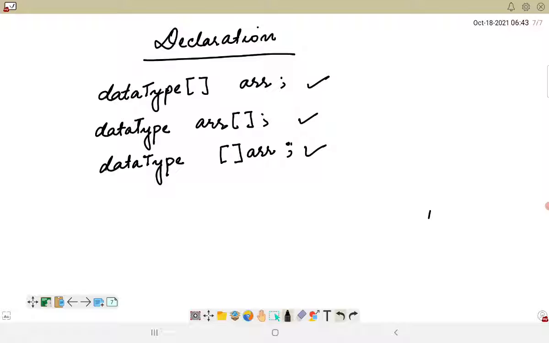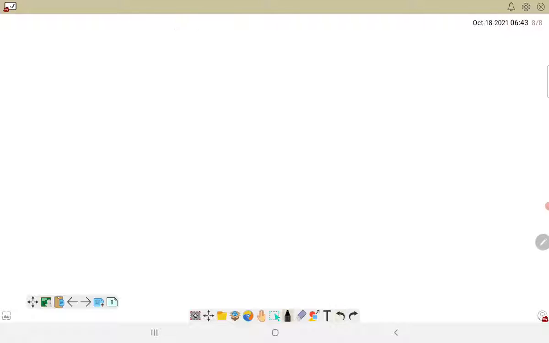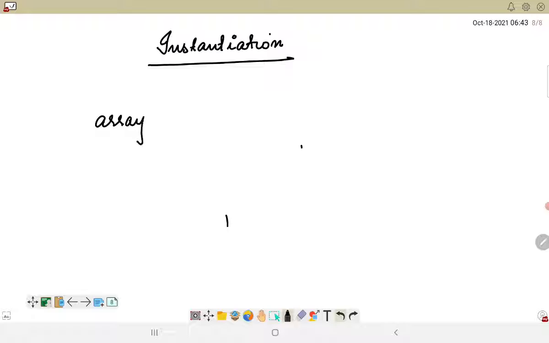And how do we basically instantiate an array? If we are talking about instantiation, we have already seen it. When we are talking about the array, I'll not put here array, I'll put the name, so let's say employee ID.